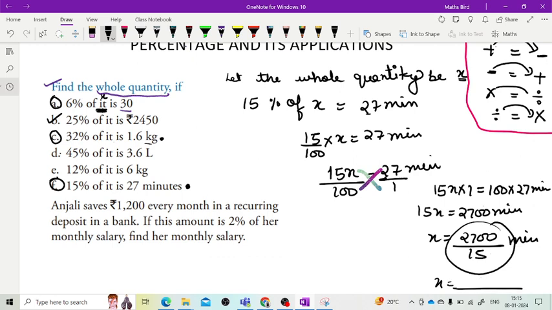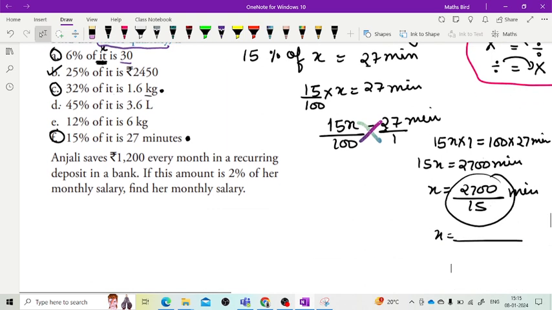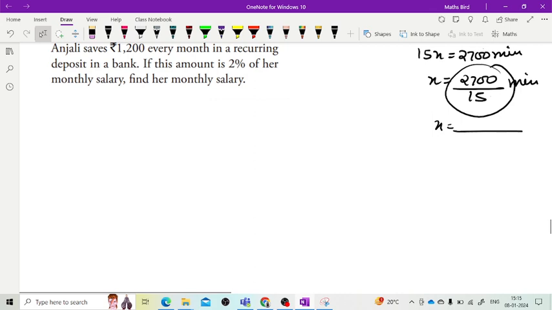Right? So now the next question. Anjali saves 1200 every month in a recurring deposit in a bank. If this amount is 2% of her monthly salary, find her monthly salary. How will you solve this? Firstly, you will find out what they are asking you. They are asking to find her monthly salary. So you will write, let her monthly salary